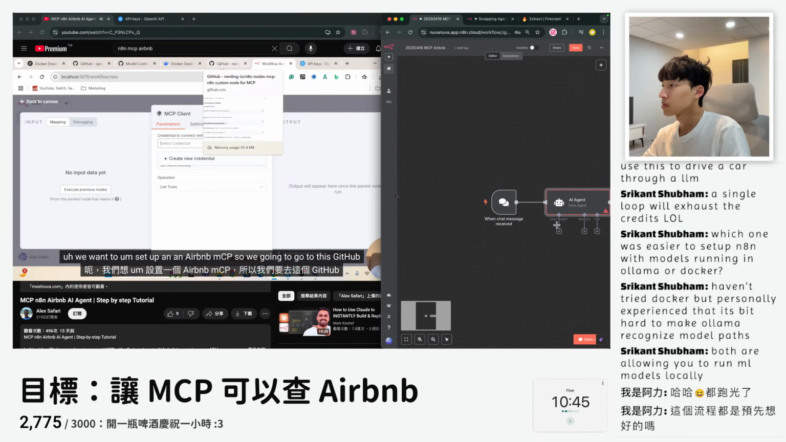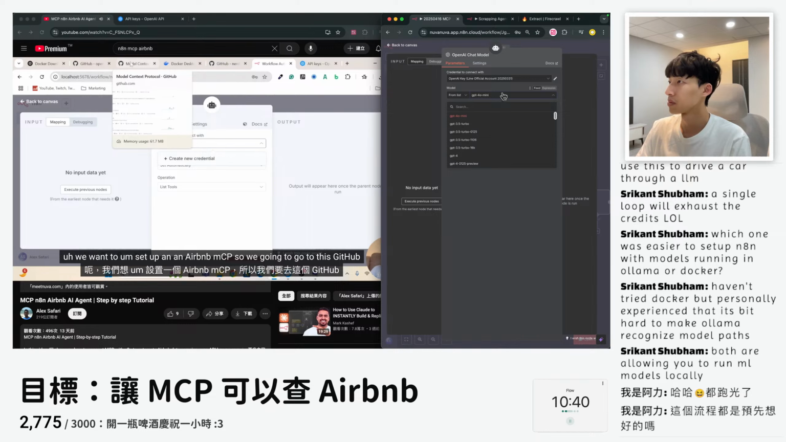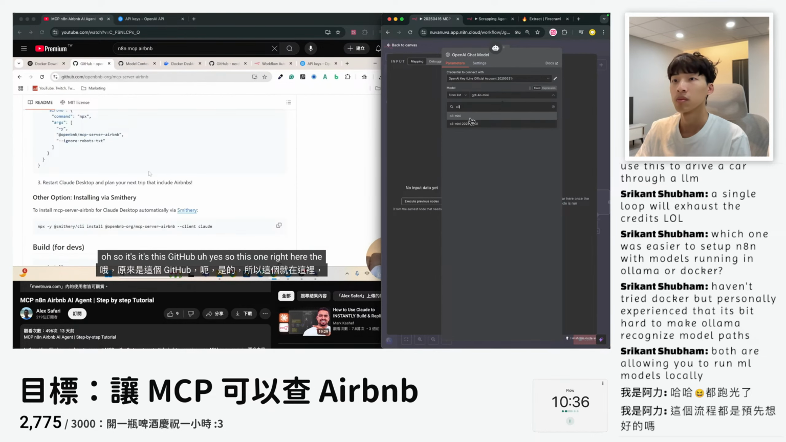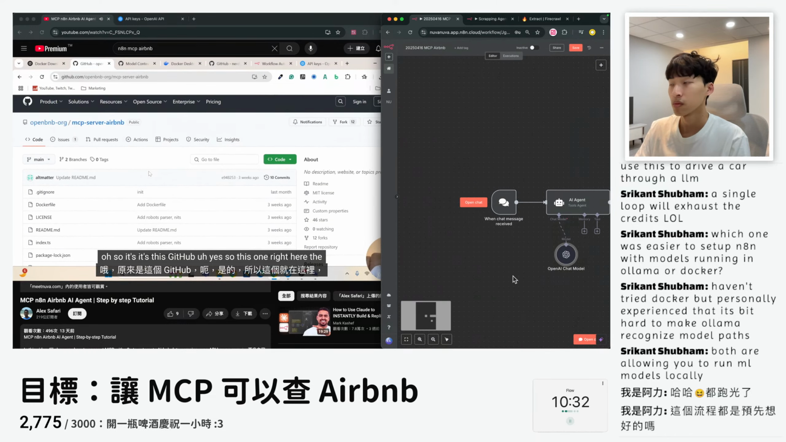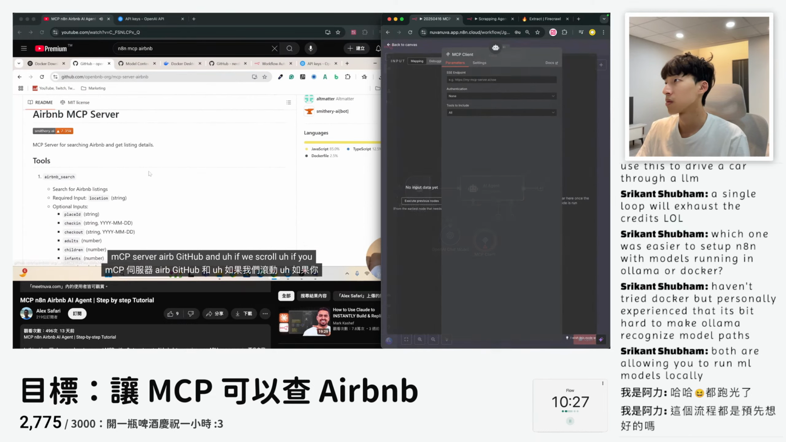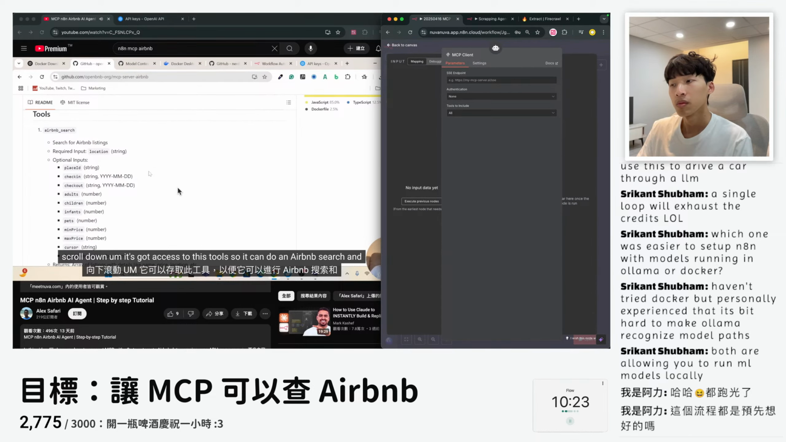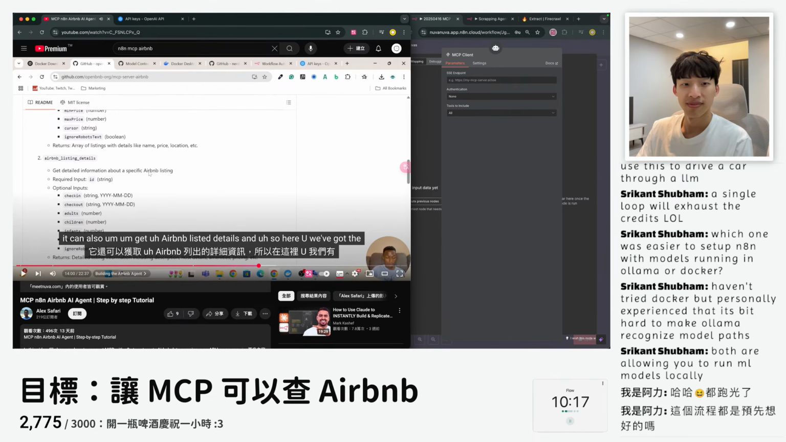We want to set up an Airbnb MCP, so we're going to go to this GitHub. So it's this GitHub. Yeah, so this one right here, the MCP server Airbnb GitHub, and if we scroll down, it's got access to these tools, so it can do an Airbnb search, and it can also